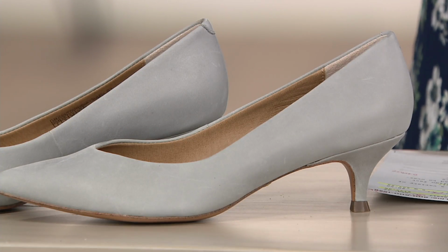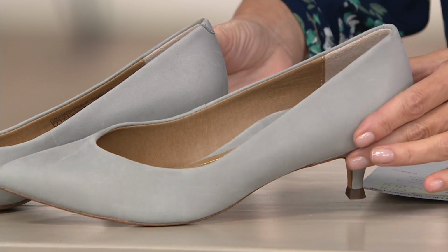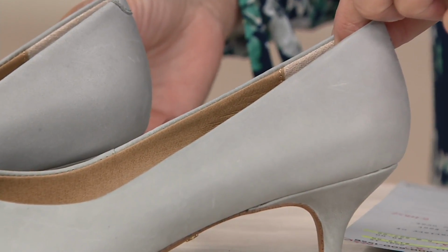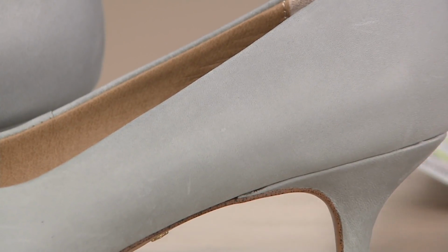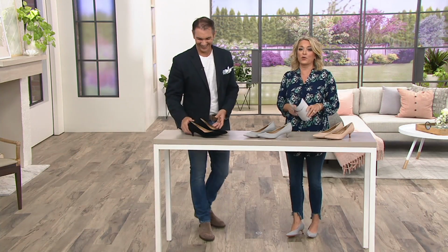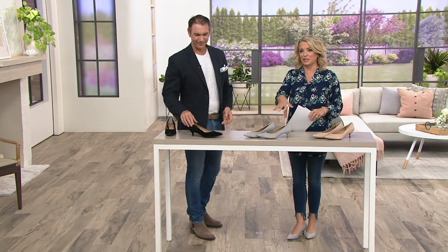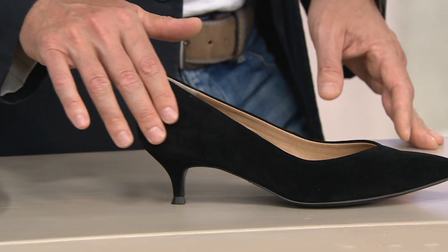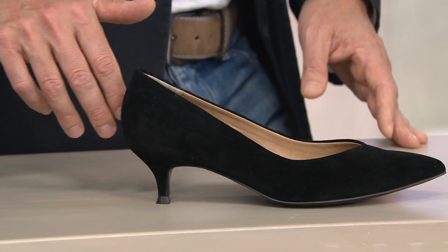Now this is the color I've had on for a good portion of the show. We're calling this one light gray, but I see hints of like a light blue in there too. Yeah, I completely agree. I almost see it as a dove gray. It's very soft, but I certainly see the hints of blue coming through on that. And then I feel like we need a drum roll for these. I would have worn these, except that I have the navy top and I really wanted to do the light gray. The black suede on here, I just see this at the holiday parties,